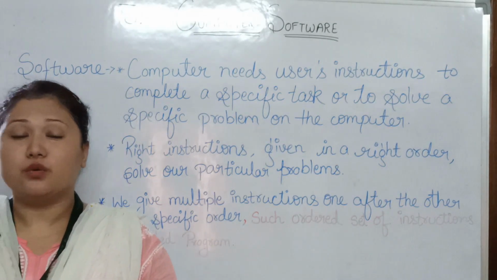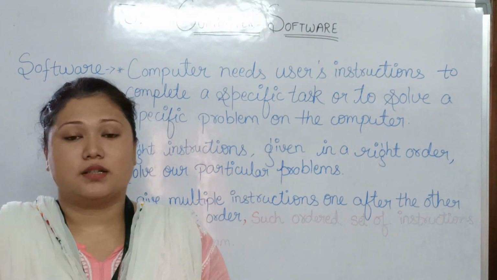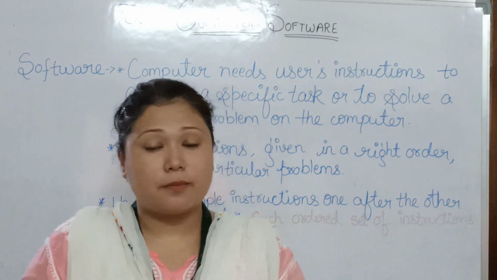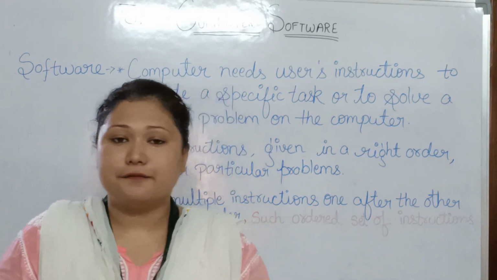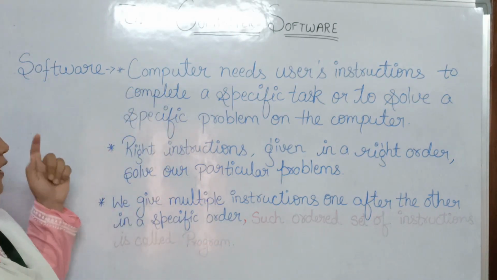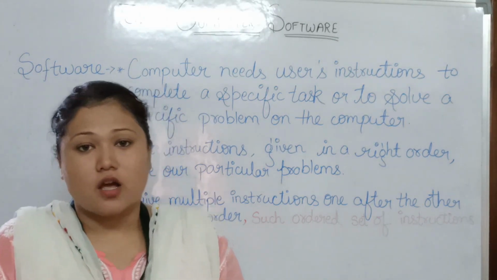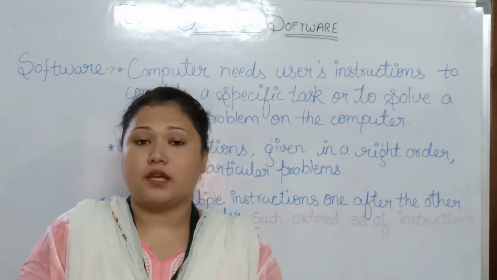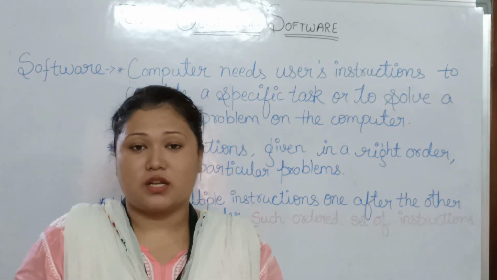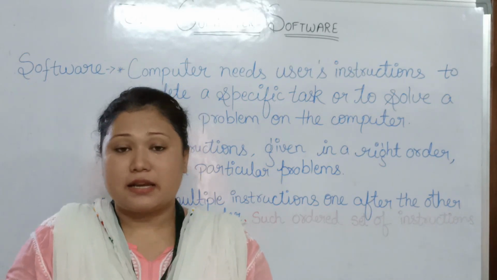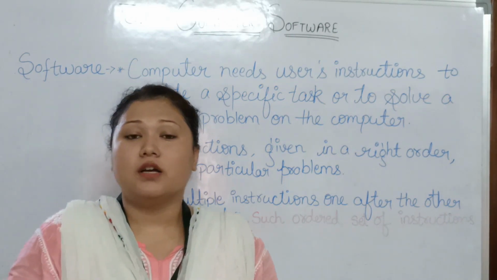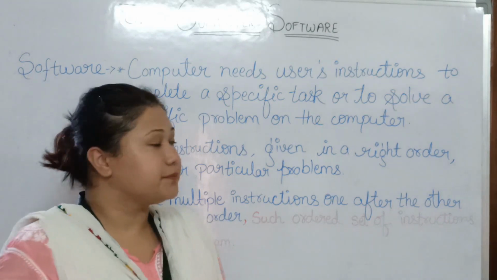We all know a computer system consists of two components. The first is hardware, and hardware are those parts of the computer which we can touch and feel. The second component of a computer system is software. Software are those parts of the computer which we cannot touch. This is the basic definition we have studied till now. Now in this class you are going to learn the upgraded version of the definition of software.